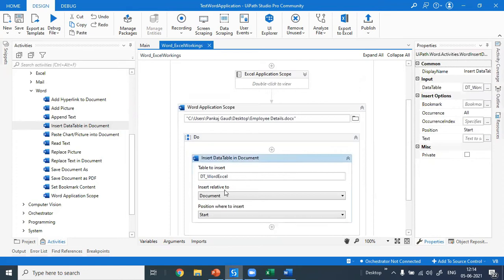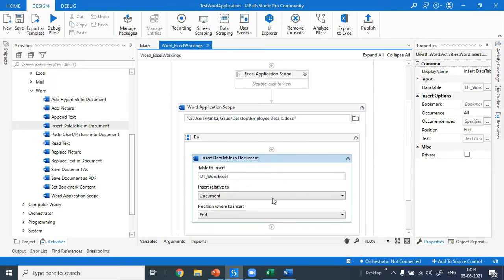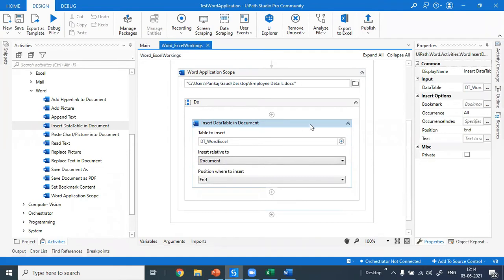We can give the position where to add our table, so I have given the position at the end. Based on that, we have some options. So we are using the data table, adding it at the end of the document. So I saved it and am running the file.